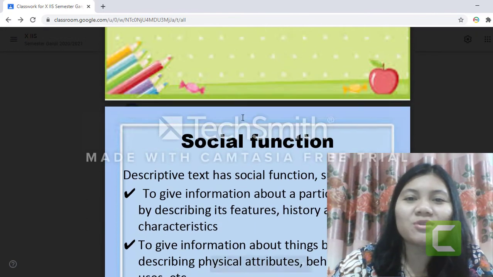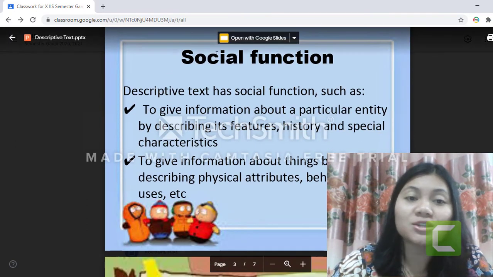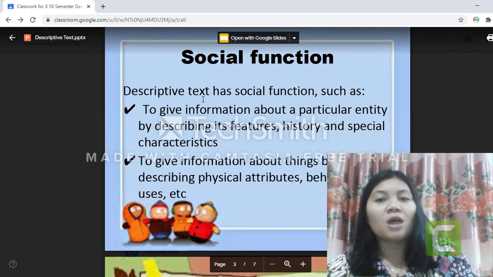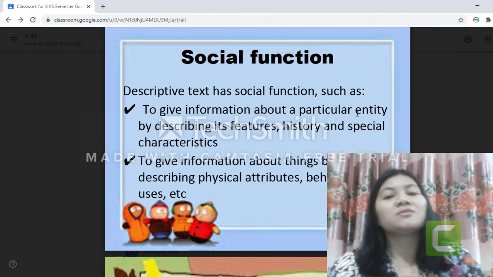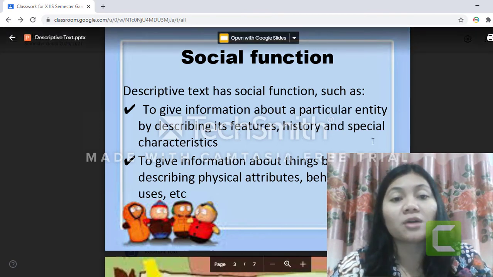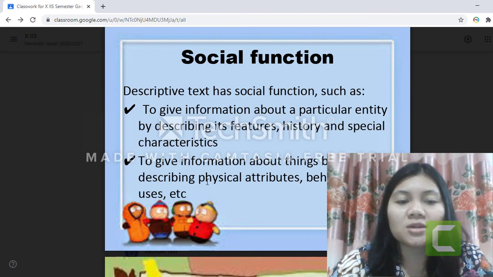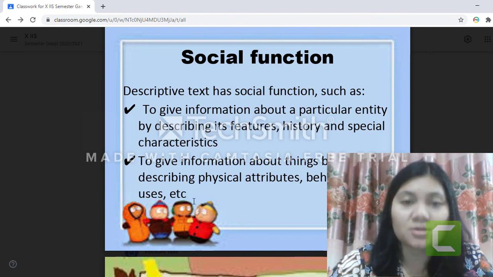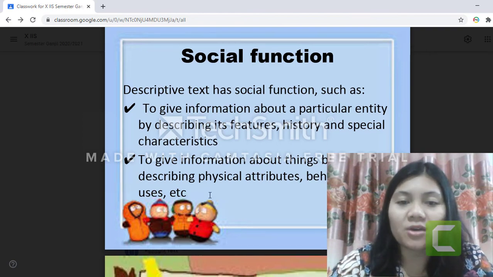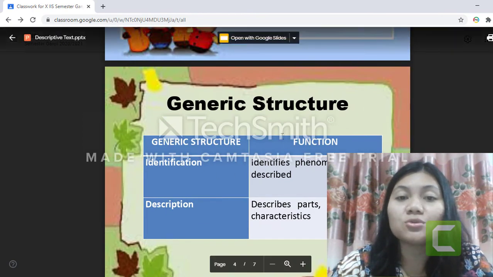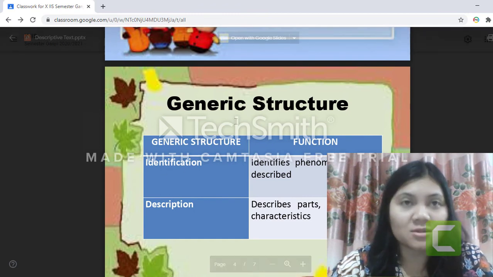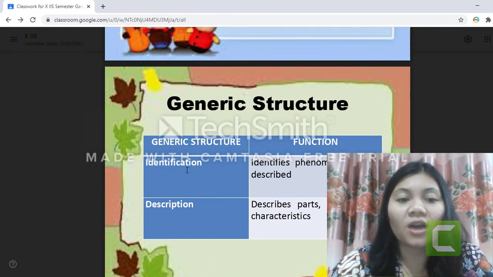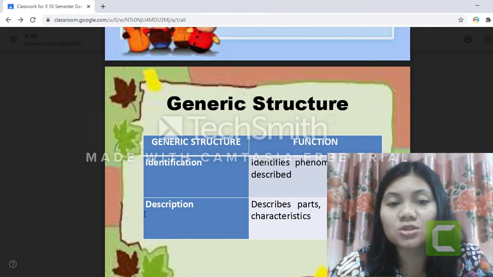There are two social functions of descriptive text: first, to give information about a particular entity by describing its features, history, and special characteristics. And second, to give information about things by describing physical attributes, behaviors, uses, etc. There are two generic structures of descriptive text: first, identification, and second, descriptions.